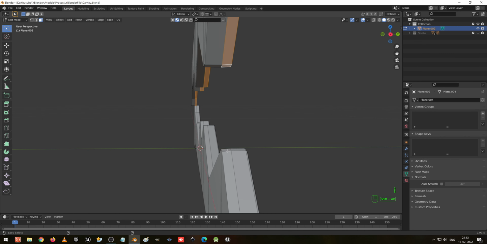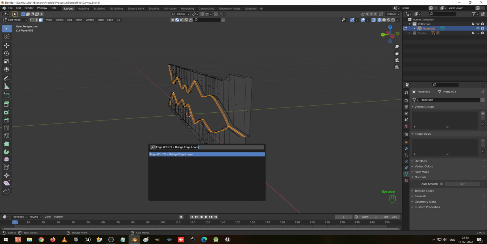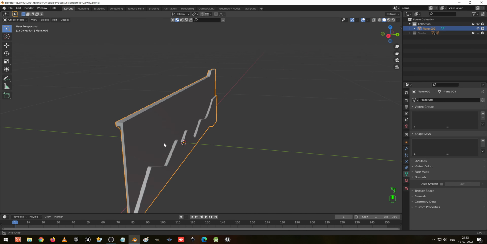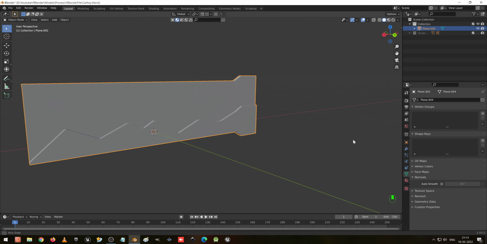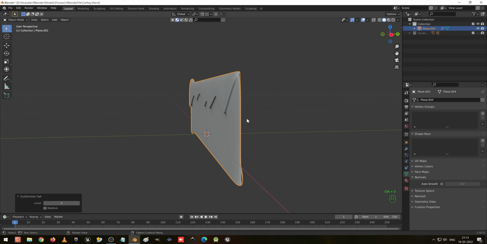Now I am going to match the same again that I did before. In face mode I am going to select these two and confirm whether it's the same, and press space bar and make a bridge edge loop connection and go to the edit mode, go to the solid mode, and you can view how it looks. So this is the key that we have designed. I go to the subdivision modifier, the key looks like this,